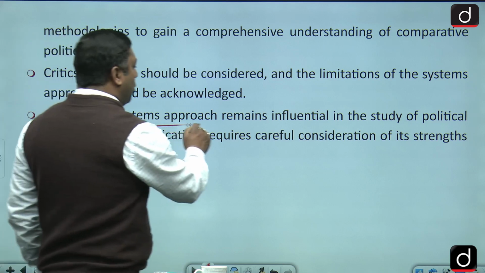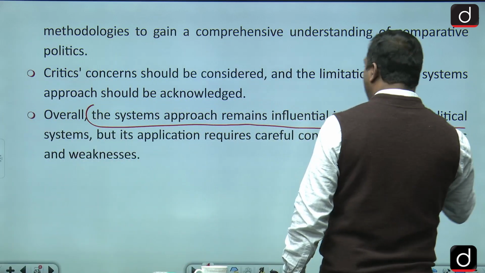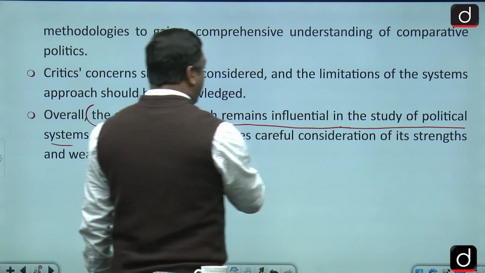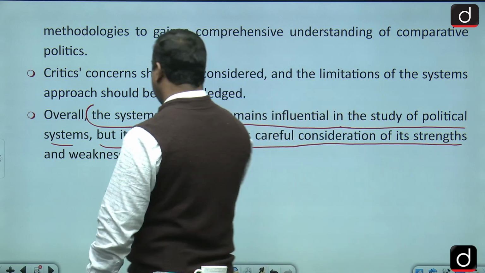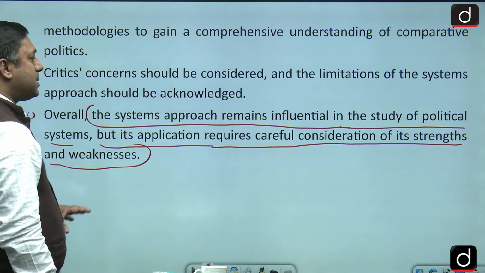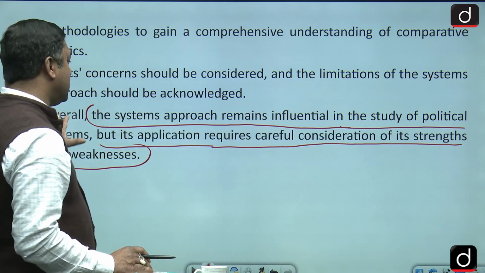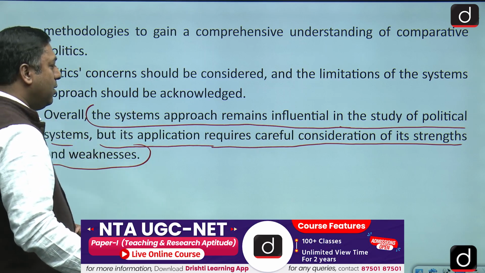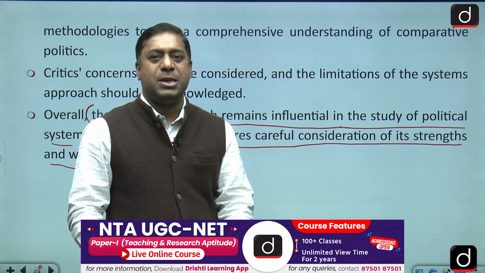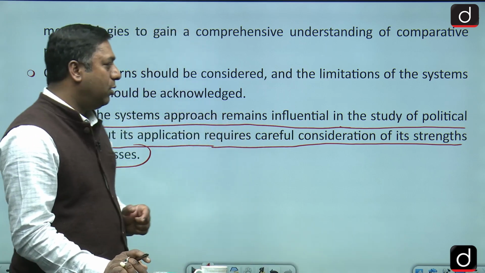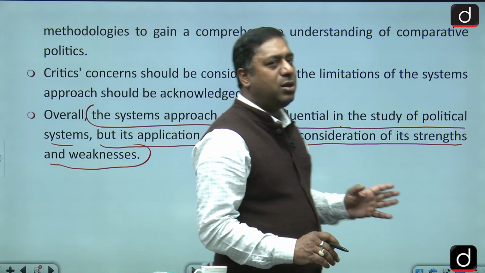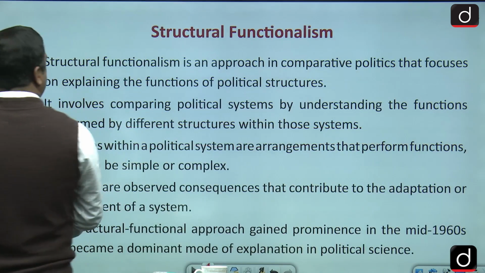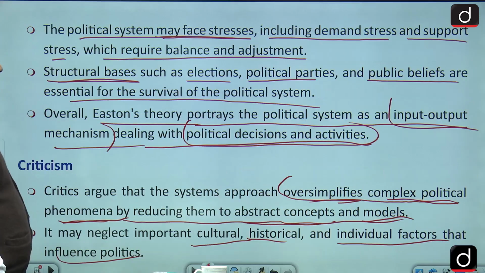Overall, the systems approach remains influential in the study of political systems, but its application requires careful consideration of its strengths and weaknesses. That means, yes, it is very important in studying political systems, but still, whenever we apply the systems analysis approach, we need to be careful, considering its strengths as well as weaknesses. So we have done with two approaches. One is the systems approach as well as the